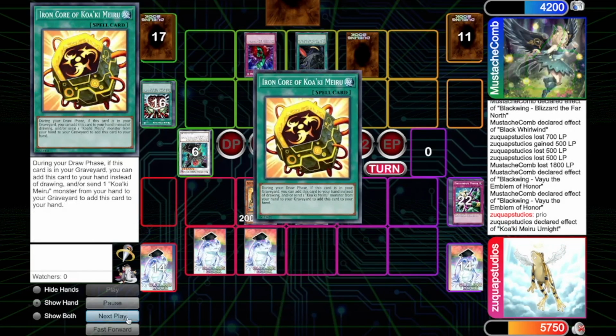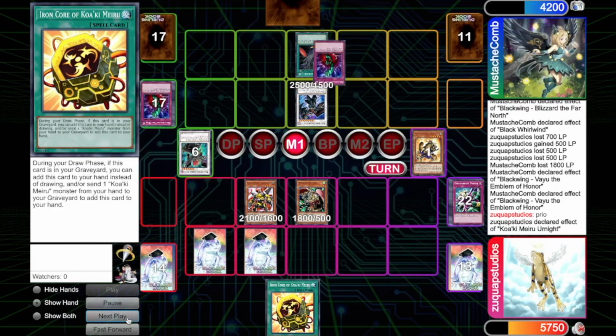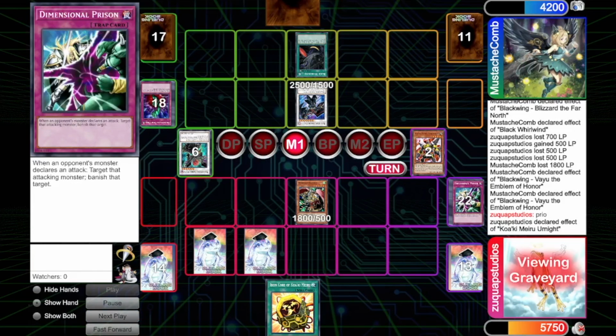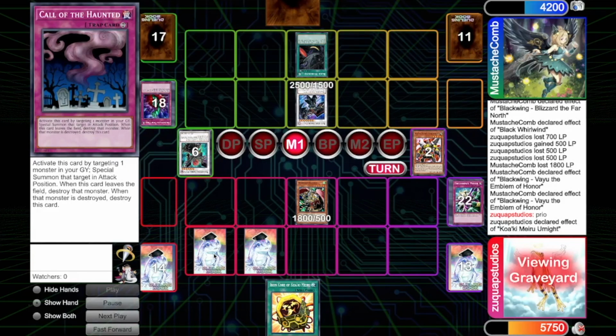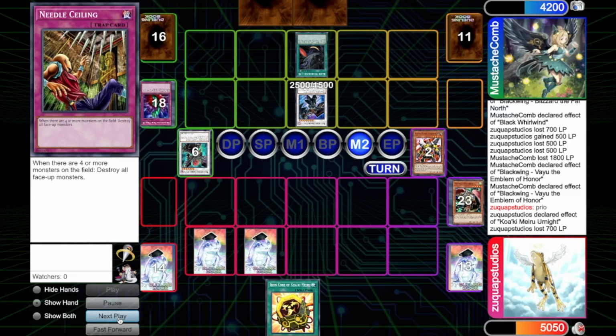But we can activate Priority, so we can still get out the effect, even if they bottomless. We can get out this guy, and then that gets bottomless. And this is really bad because we have the Call of the Haunted, so if the Urnite had gone to the grave, we could have probably had a good chance to activate this Needle Ceiling, but alas, we are in a bad spot,